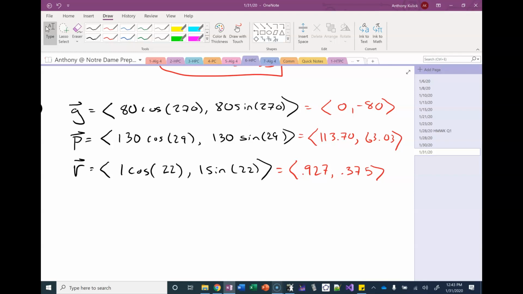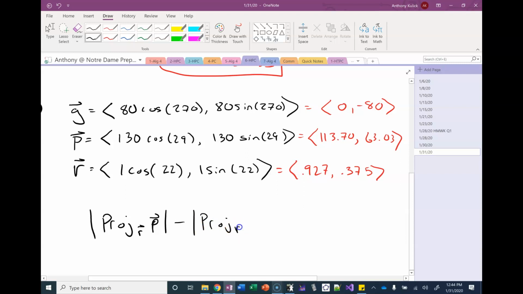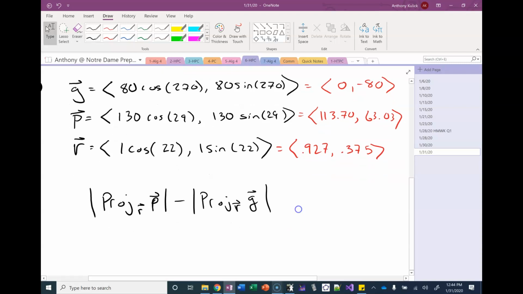Okay. So to figure out the amount of force being directed onto this ramp, I need to take the amount of force going up the ramp. So that's going to be from the pull vector, and subtract the amount of force moving down the ramp. That's going to be from the gravity vector. In each of these cases, though, I'm projecting onto a unit vector. So I can just do the dot product